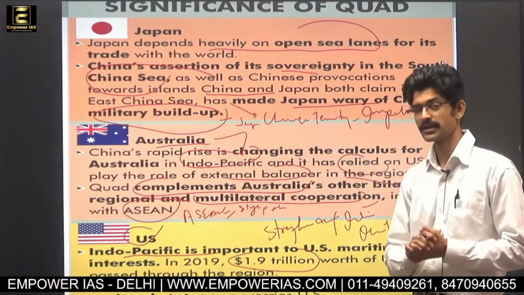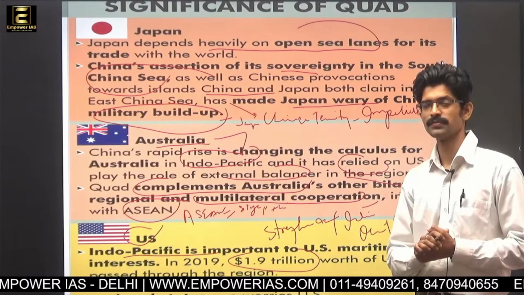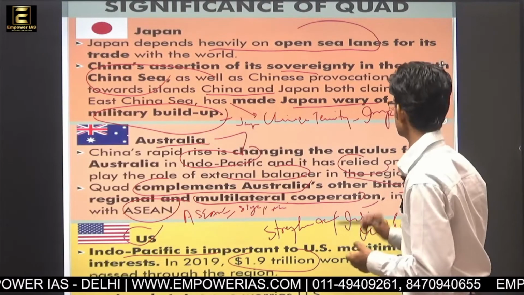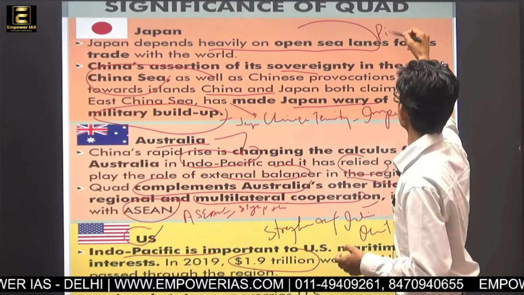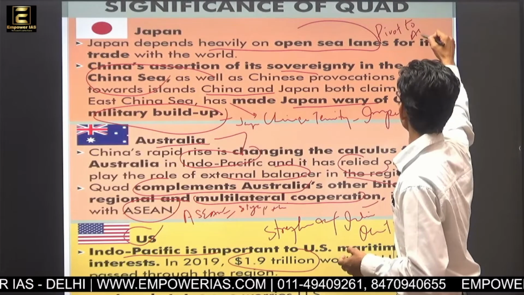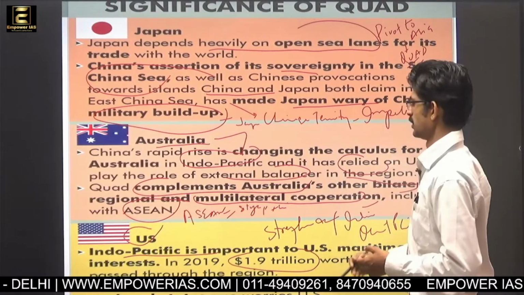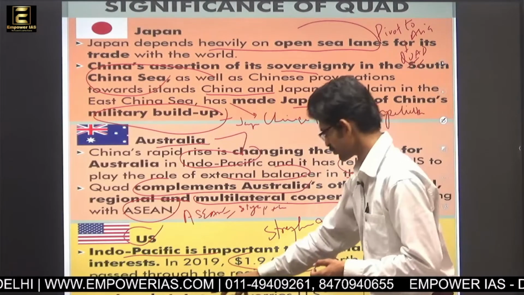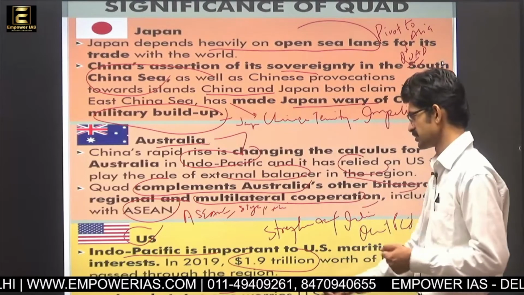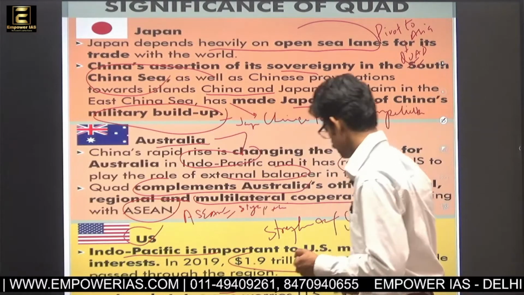Earlier we see that in the Barack Obama regime there was a pivot to Asia policy. In the Barack regime there was pivot to Asia, and after that they indulged in Quad meetings. And what it does is it lays out the growing willingness to challenge the regional status quo versus the United